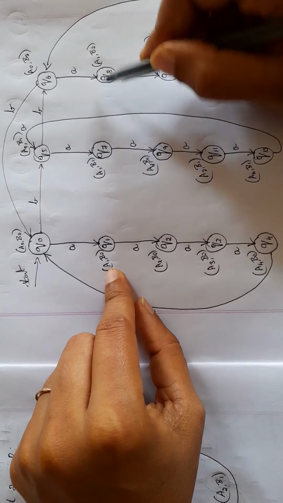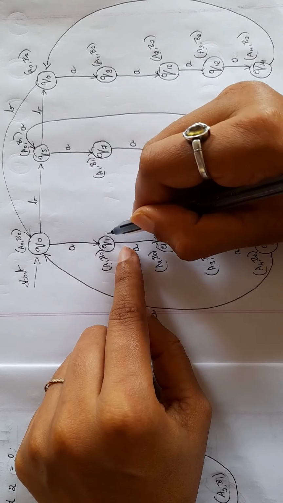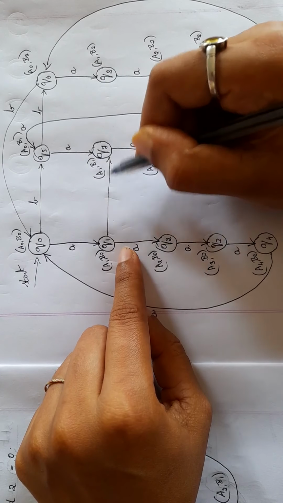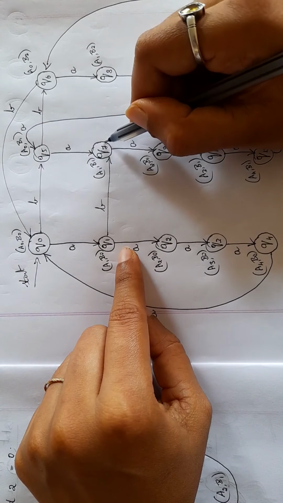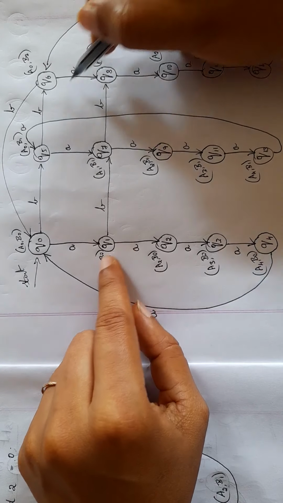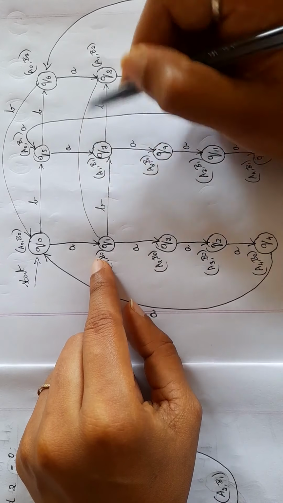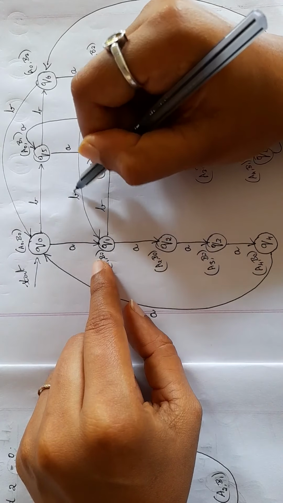Similarly with respect to the second one. A1 is constant here. So B0, B1, B2. From B0, if I read a B, it will go to B1. From Q7, if I read a B, it will go to Q8. From B2, it should come back to B0. If I read one more B here, it comes back to Q1.